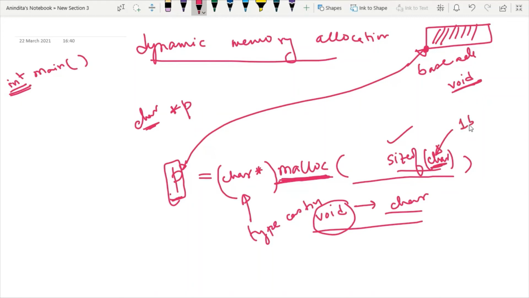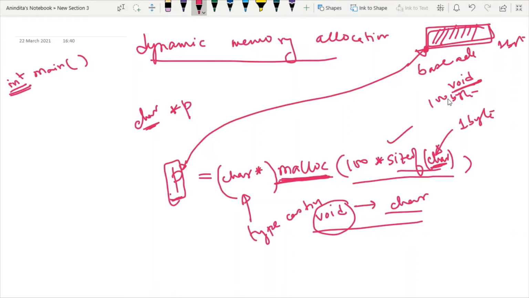So it will return 1 byte. If I write this code like this, it will allocate 1 byte of memory. But if I increase the size, then I can write say 100 into 1 byte, then it will allocate 100 bytes of memory for me.